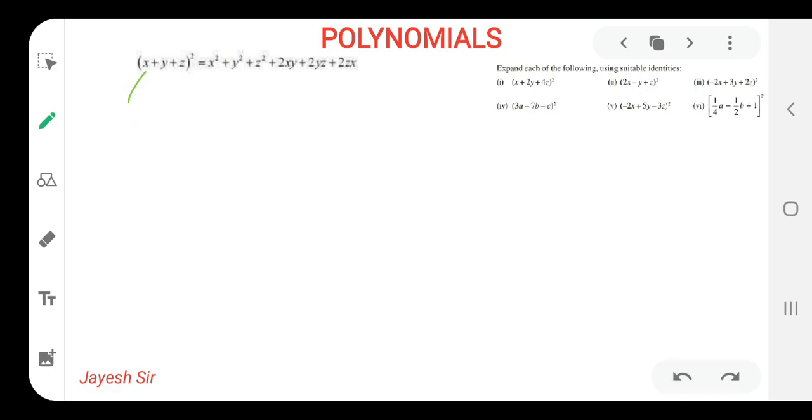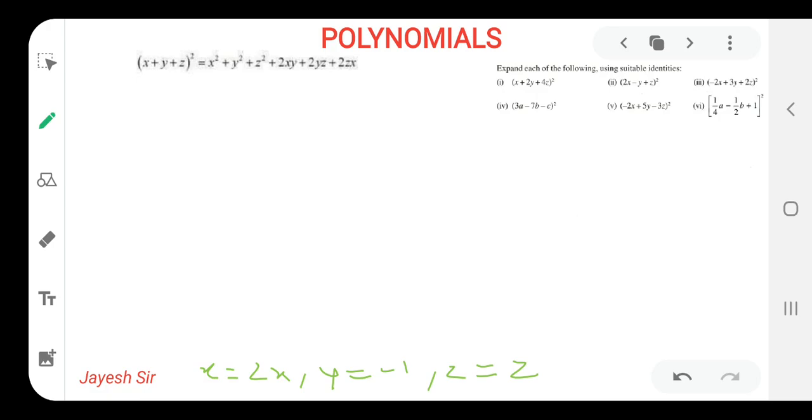Yes, friends. So for your convenience, let's write the value of x over here. Value of x we have taken as 2x. Value for y, what is the value for y that we can get over here? -1, we can say, because minus y square it has become, and value for z would be z itself. I hope you all might be getting it, friends.